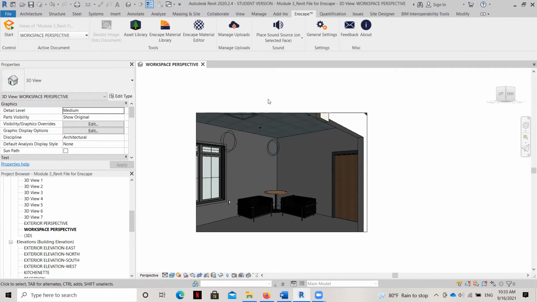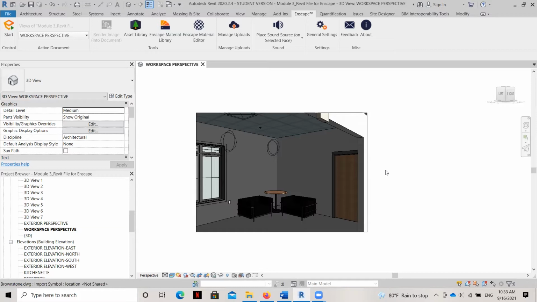There'll be a button on the right side of that dialog box to input your activation or licensing key. You're going to hit that button, the one on the far right, and you will see a dialog box that's going to allow you to copy and paste the key that was sent by Enscape to your email. Once you copy that key and follow the prompts, it's going to take care of the full installation of Enscape within your Revit file.